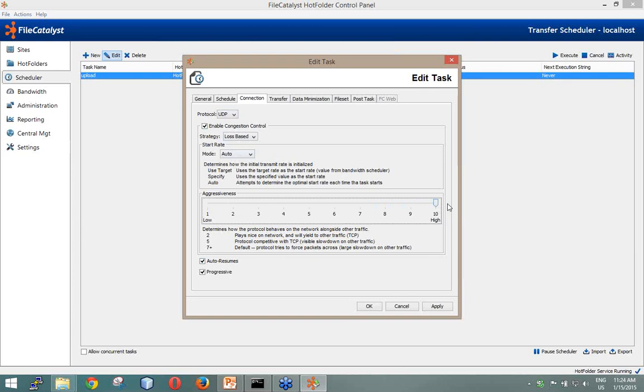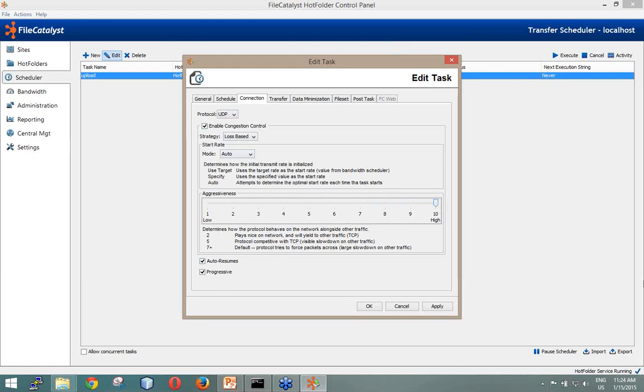Our goal is always to make sure that all the TCP-based connections can still go through while we're doing a transfer. Our goal is to make those TCP connections slow, but not kill them. The reason we want to make them slow is that we want to recover the bandwidth for the file transfer.